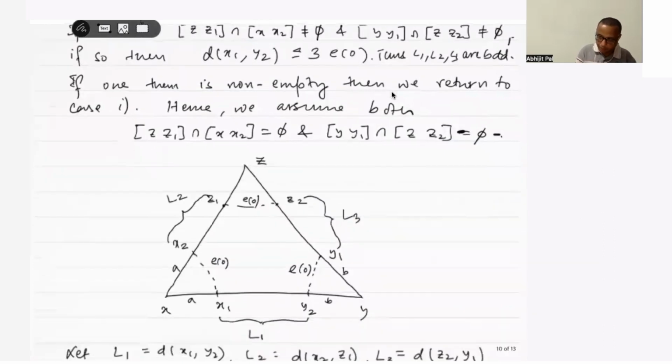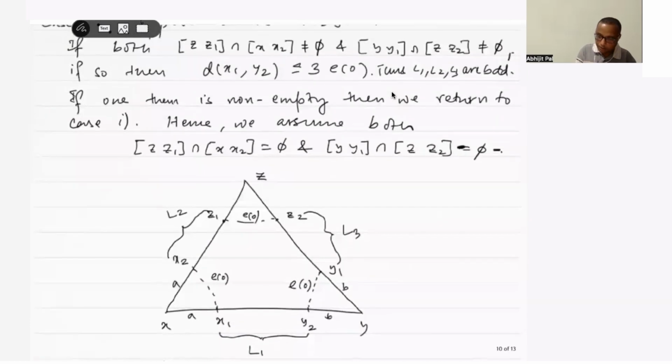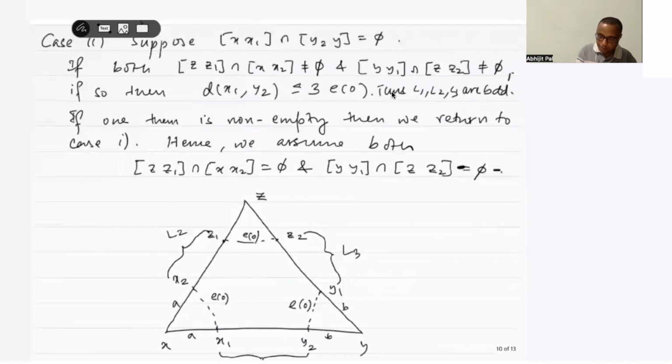So what is my L1? L1 is the distance between x1, y2, the distance between y1, z2, and the distance between x2, z1. So this you can check. This is not very hard to prove. And if one of them is non-empty, then again we return to case 1. So therefore, what we assume here is